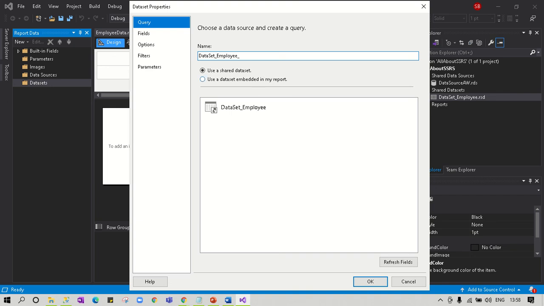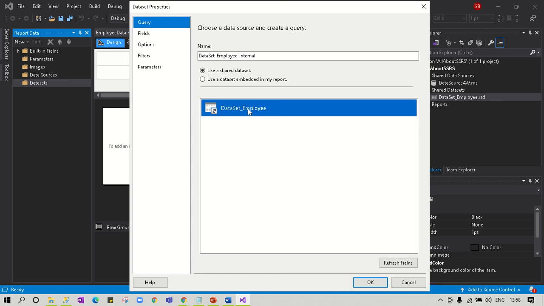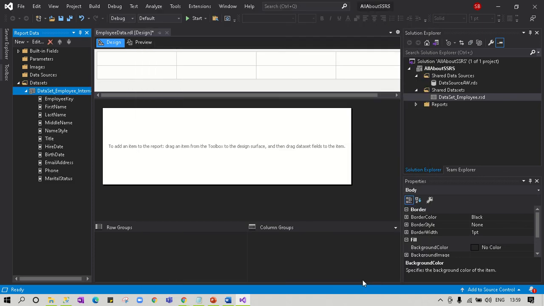It is internal to the report. There are two options: we can refer to a shared dataset or create a new dataset here. I want to use the shared dataset. I'll select it here, and it will display the list of shared datasets. Shared means you can use it in multiple reports. I'll select this and click on Refresh Fields. If you want to see the fields, click on OK. Now we got the fields.